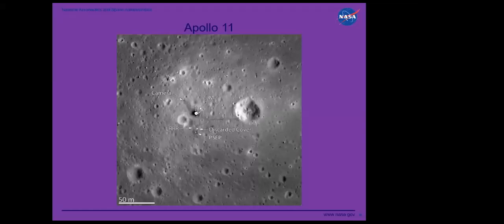This is the Apollo 11 landing site. We pictured the camera, the retroreflector from the Earth, the experimental package that included a seismometer, and the cover from the lunar orbiter, as well as the lower stage from the lander itself. That was a two-part one. The one part they flew down, rested on while it was on the moon, and then took the other part of the LEM back up to the command module, leaving the other part, which basically serves as a launch pad